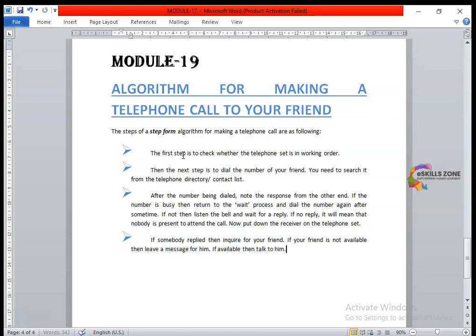So viewers, this is a very basic, simple algorithm we have just discussed today for making a telephone call to your friend. This is called a step form algorithm. It's the technical term used for the simple type of an algorithm. It doesn't use any kind of begin and end and any input, output, print, technical statements or terms which we used earlier for writing an algorithm